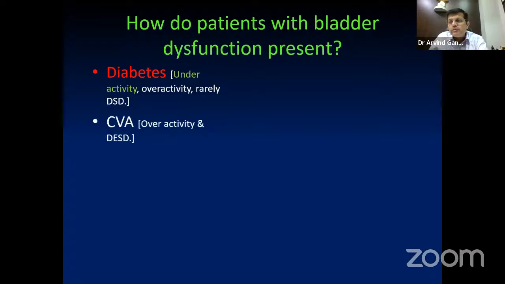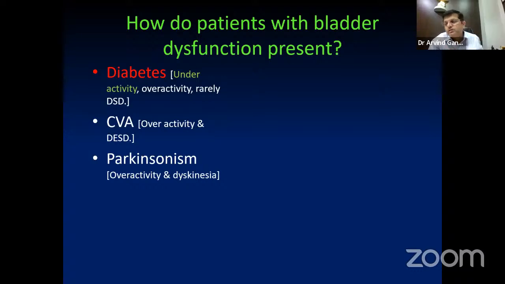We'll compare this with a CVA patient, a stroke. I'm not going into the details of LMN or UMN, but I'm talking about a CVA patient. Most commonly, a patient with stroke will present with bladder symptoms of overactivity or DSD. DSD is slightly uncommon as compared to Parkinson's. In a Parkinson's patient, the patient presents with overactivity, and it's very likely that you might confuse a Parkinson's patient's symptoms for bladder outlet obstruction. So that is one very important reason that whenever a patient presents with bladder outlet obstruction and has a history of Parkinson's, you have to be very careful before you advise him TURP. This is the reason for it, because most of the patients will present with DSD or sphincter dyskinesia.